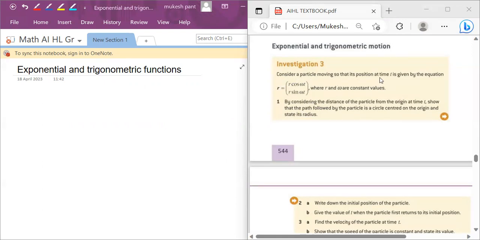Its position at time t is given by r equals R cos omega t. This is the horizontal component, and the vertical is R sin omega t, where R and omega are constants. Okay, so